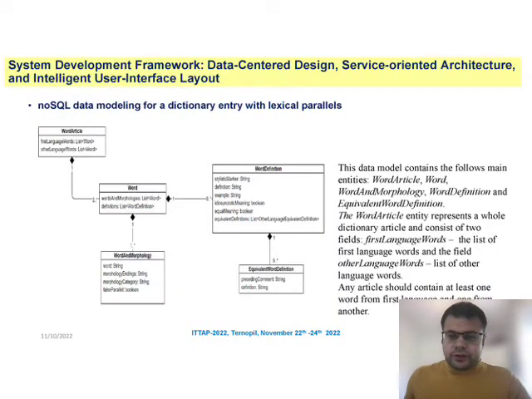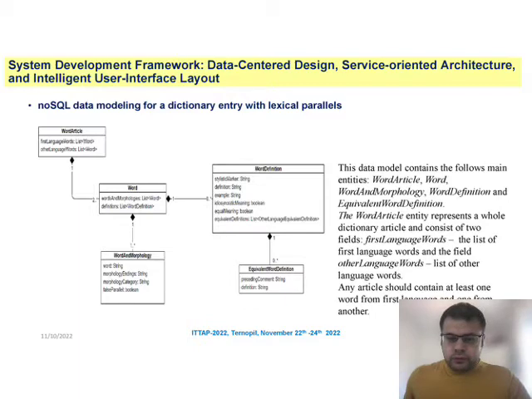It is necessary to define the appropriate data model that will be processed by the software solution before starting to design the graphical user interface and implement its functionality. The dictionary article structure with linguistic parallels was analyzed to build a target data model, and this result is provided as a UML class diagram. This data model contains the following entities: word article, word and morphology, word definition, equivalent word